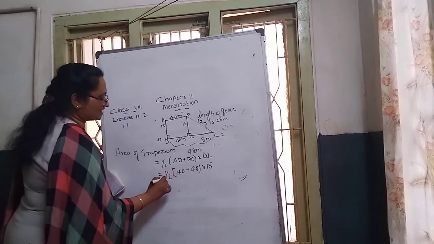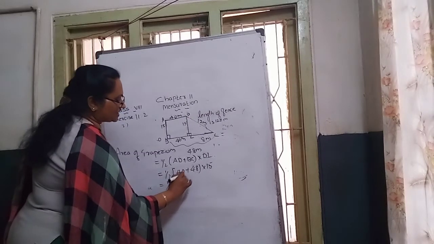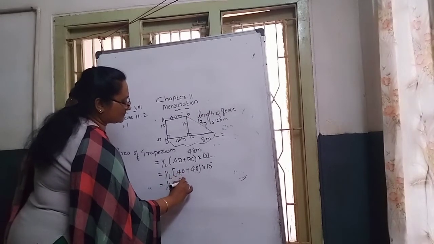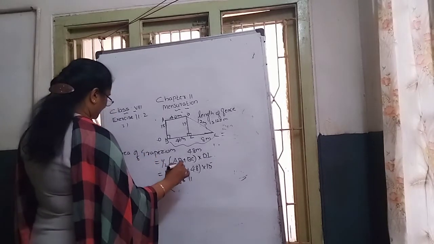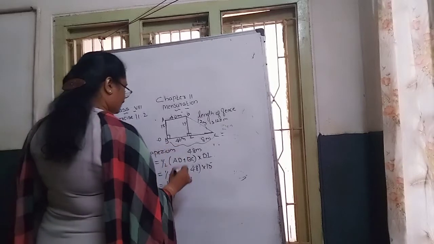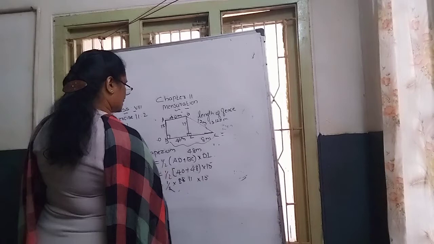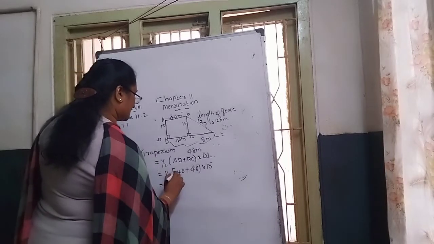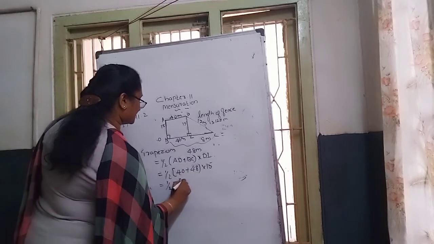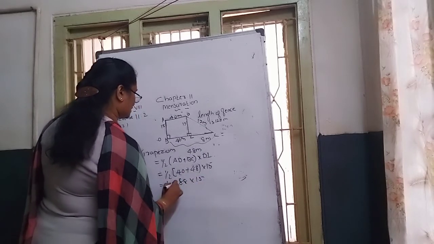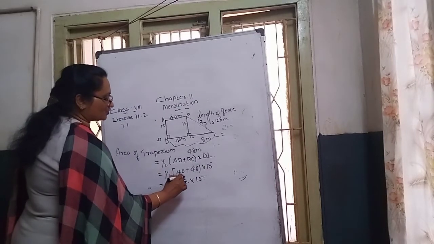15. Just calculate. 2 and 15 cancellation is not possible, so leave it. Then 40 plus 48 comes to be how much? 4 plus 4 is 8, so 88. Then cancel. So it becomes 11 into 15. Sorry, here adding 40 and 48 gives 88. 88 and 2 cancel. How many times? 44 times.